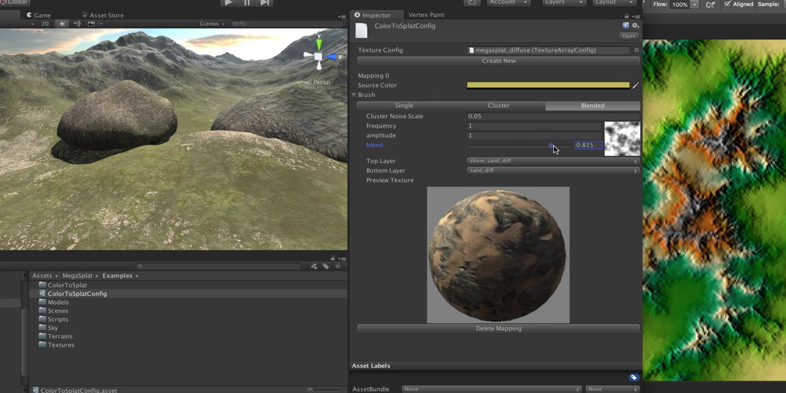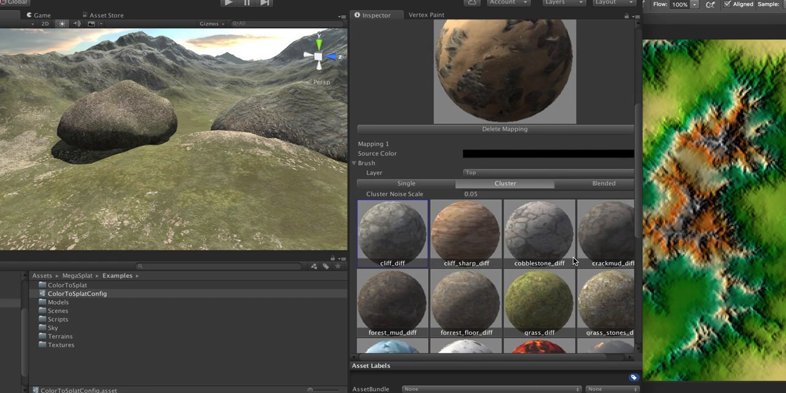And then I can tweak this setting here to control how much of each we get. And you can see the preview is really a nice thing to have now. I can tweak these noise parameters. I can also add additional mappings. So once I've created this noise brush setting, I can basically just create another one of these, and I continue